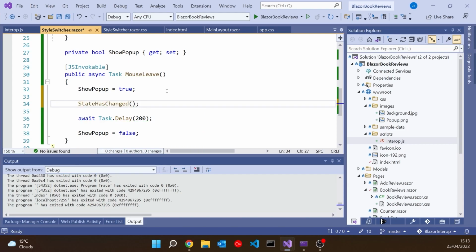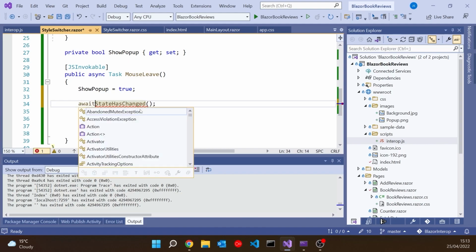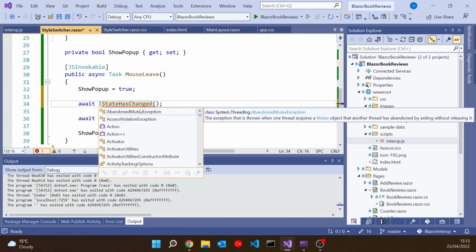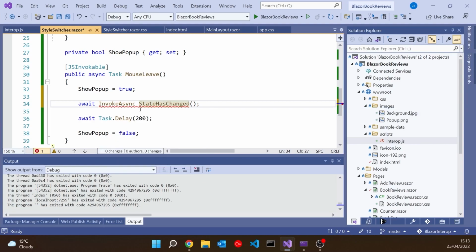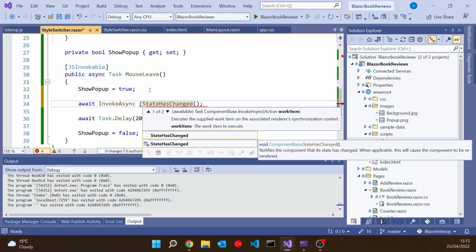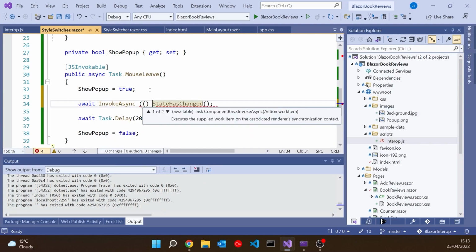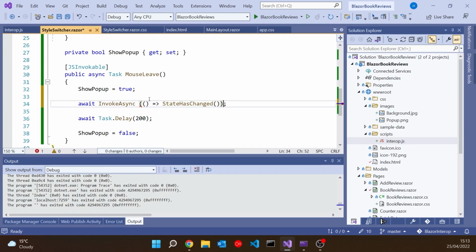But that said, that should also be called asynchronously. So what we in fact do is we say await and then InvokeAsync, which is another method on the base class. And then there we have a lambda, and so that's where we put the StateHasChanged. And so we do that after the first change and after the second change.